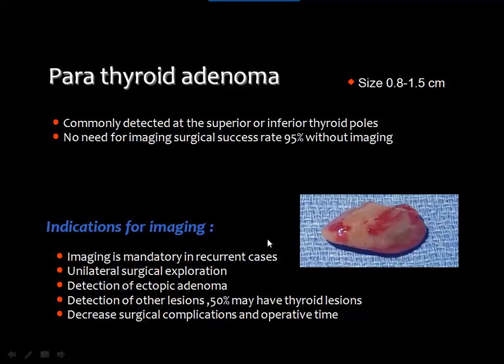But nowadays we may go for imaging, especially in these particular situations. Number one, in recurrent cases. Number two, to have unilateral surgical exploration instead of exploring both sides of the neck. Then detection of ectopic adenoma before surgery, and detection of other lesions. 50% of patients may have thyroid disease together with parathyroid disease, and of course to decrease the surgical time